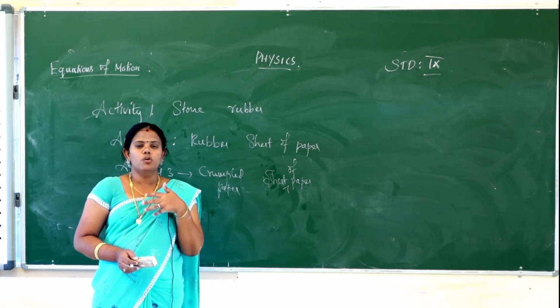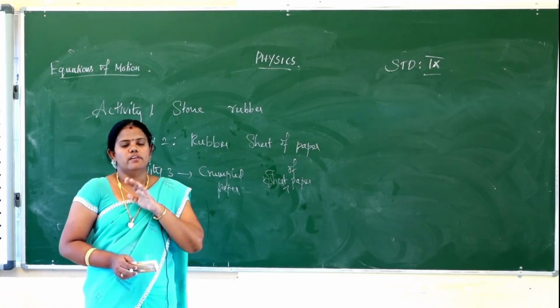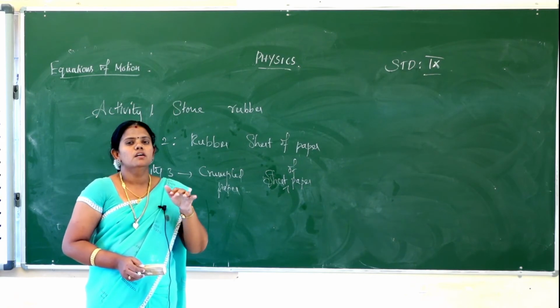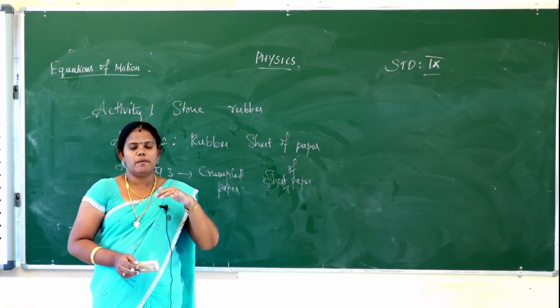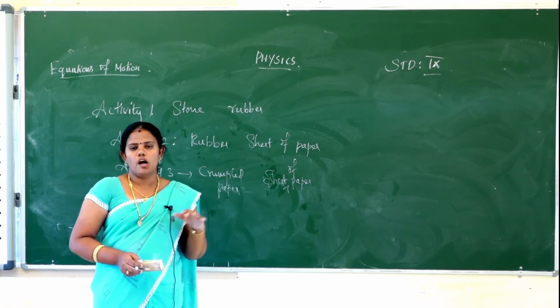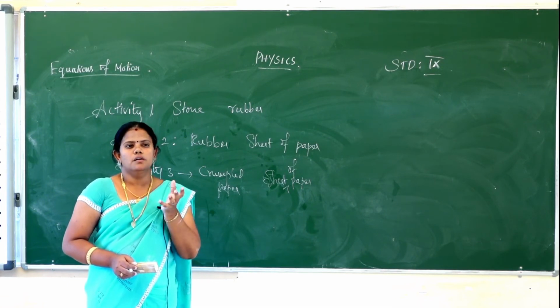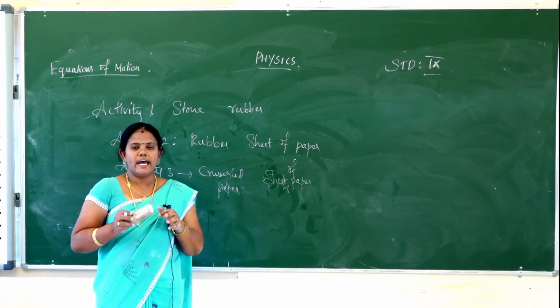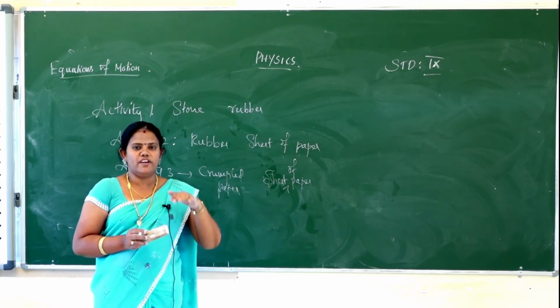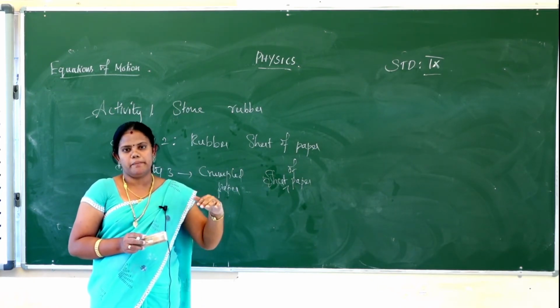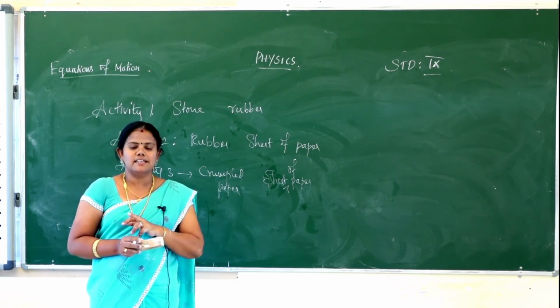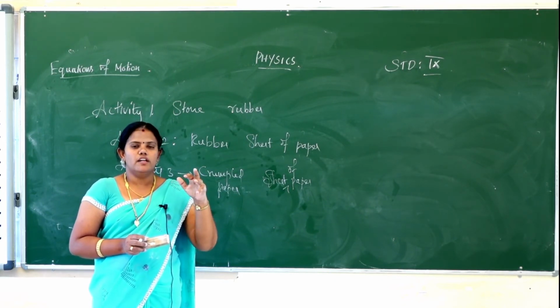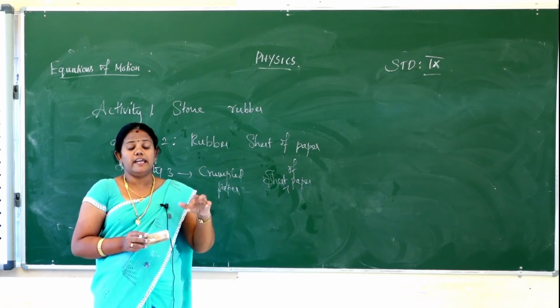So he chose various types of objects, and it is easy to drop them from the Pisa tower to the ground. All the objects fall down in the same time. Without air resistance, all the objects fall from top to bottom at the same time. But with air resistance, the objects take different times to fall from top to bottom.